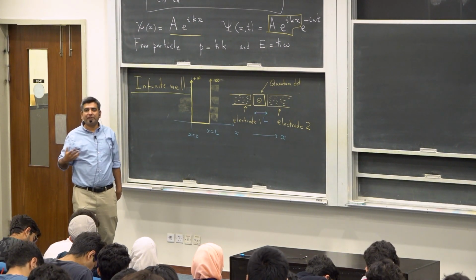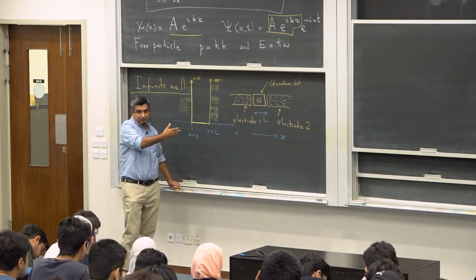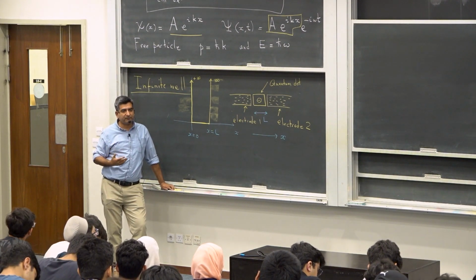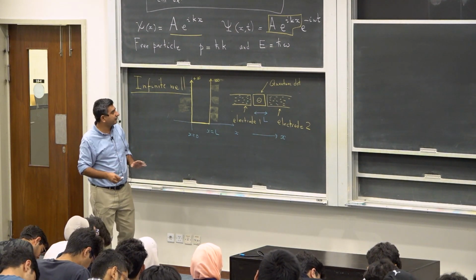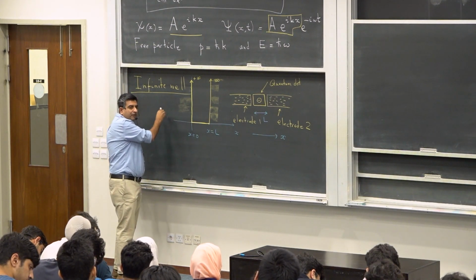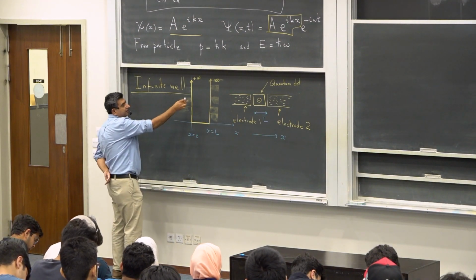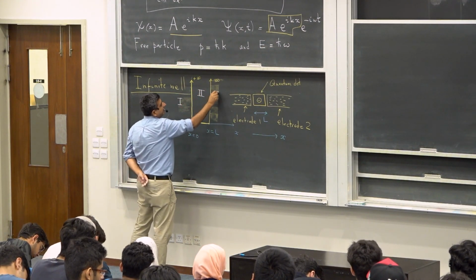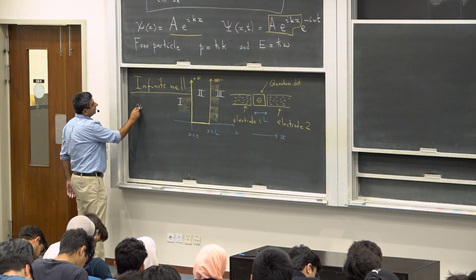So now what we would like to do is solve the time independent Schrodinger equation for the electron for this simple scenario. This is, by the way, the simplest scenario that you can think of beyond a free particle. Now, how do we solve this time independent Schrodinger equation? The particle cannot be found here, and the particle cannot be found here. So if I break my system into three regions, 1, 2 and 3, then my quantum wave function